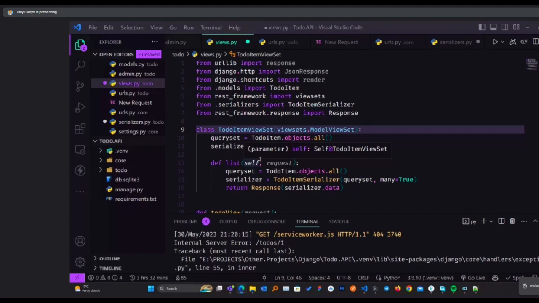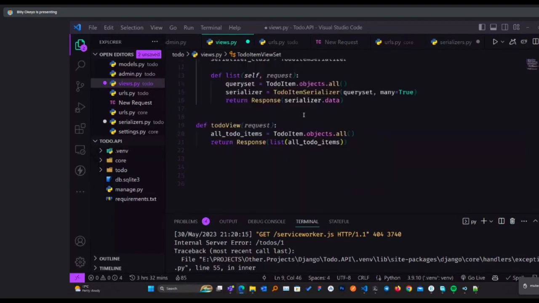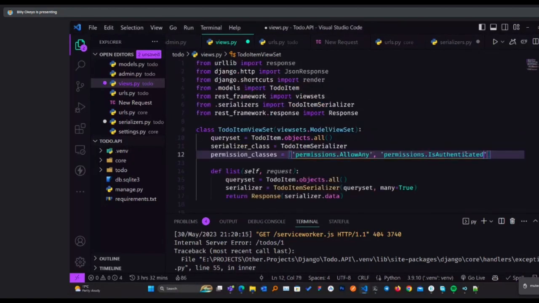Then the second bit, if I want to use, let's say, tokens. Here in the to-do, there's something called permission classes. So I can specify the permission classes. Maybe I can have AllowAny, maybe I can have IsAuthenticated. These are some of the permissions that you can use.